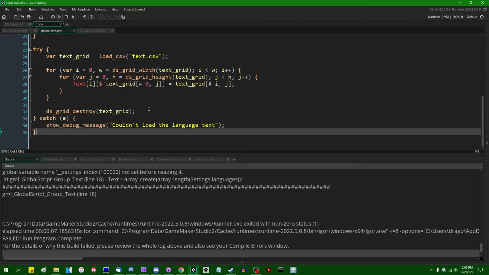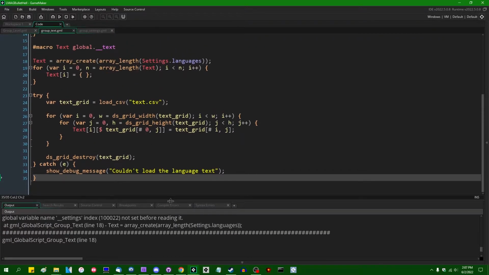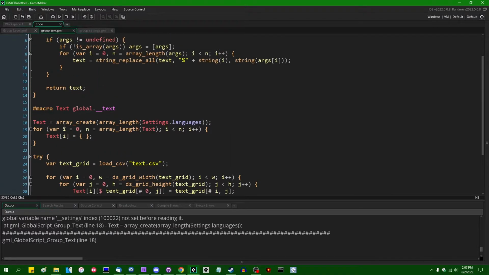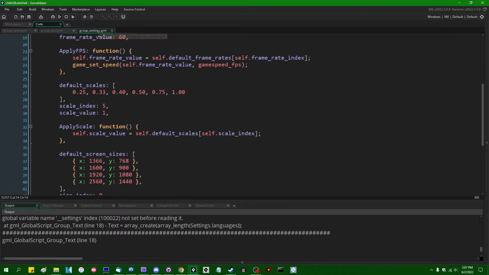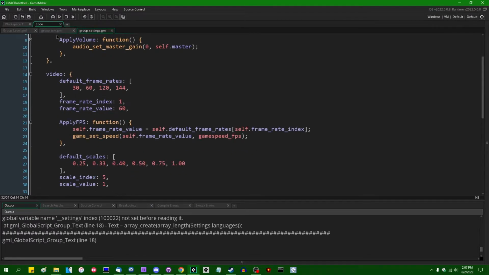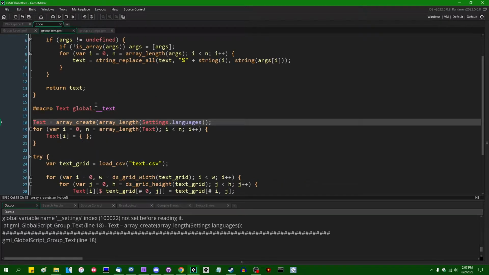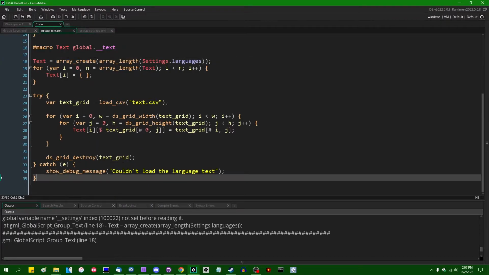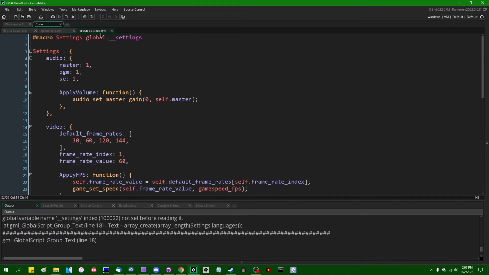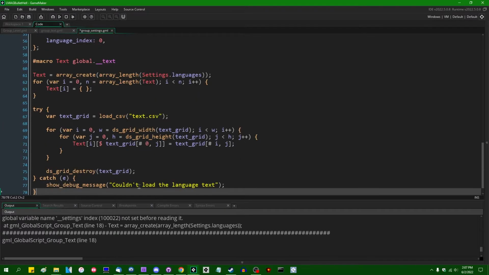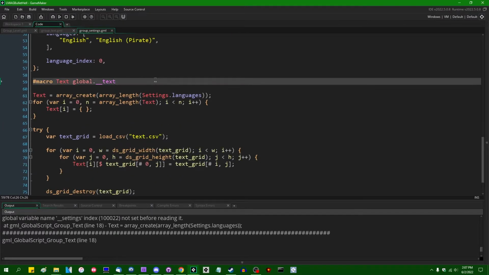Okay, so I was hoping that I could deal with this after I see the show debug message, but since all this code here is running in global scope, you can't guarantee the order that it'll run in, and you can't guarantee that the settings will have already been initialized before the text. So I guess I'll do that over here. I was going to move it here eventually, but